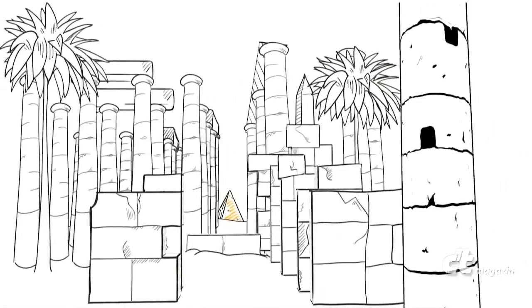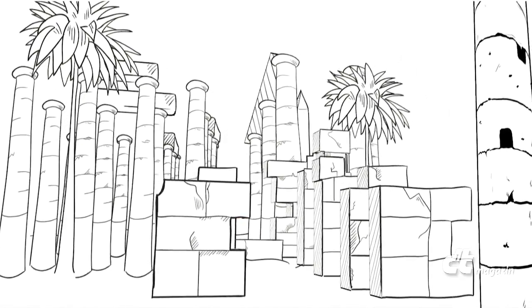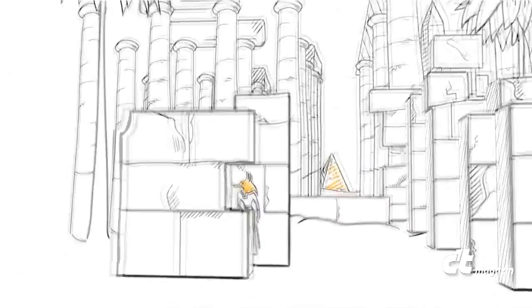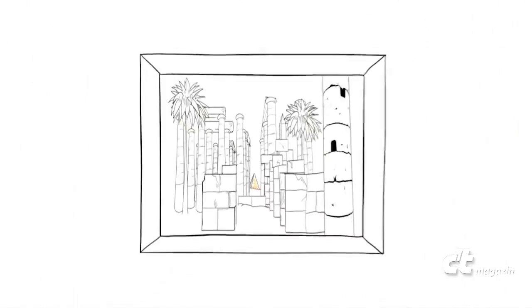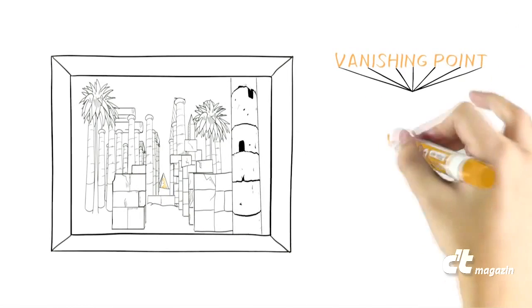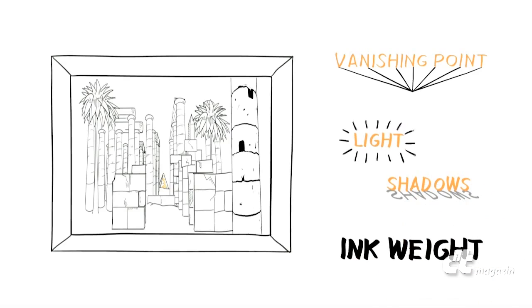The stones in the foreground, for example, move at a faster pace than the pyramid in the background. There is always more to see by changing your perspective. But what if the scene is actually a drawing? Artists do a wonderful job using the vanishing point, light, shadows, and even ink weight to give the perception of